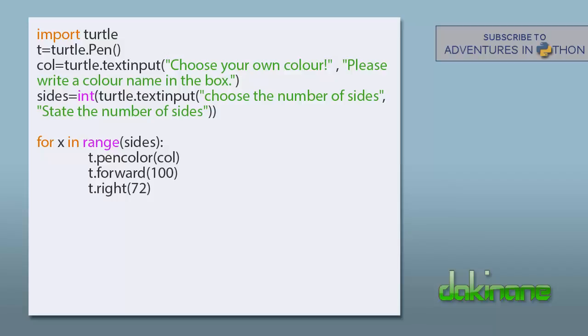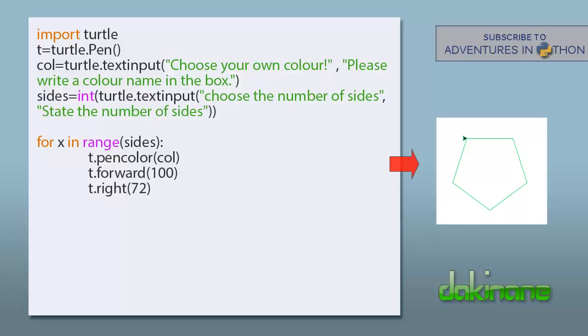Once it does this, the conditions for the sides variable can now be met, and so the user of the code can pick their own colour and number of sides. I tested the code with green and 5 and got this result. By not trying to create one huge solution but breaking the desired end result into smaller steps, I quickly started to get the results I wanted. Take heed. This is a valuable lesson to learn. Know your endpoint, break the problem into smaller steps, test each step, use the error messages to help provide clues,